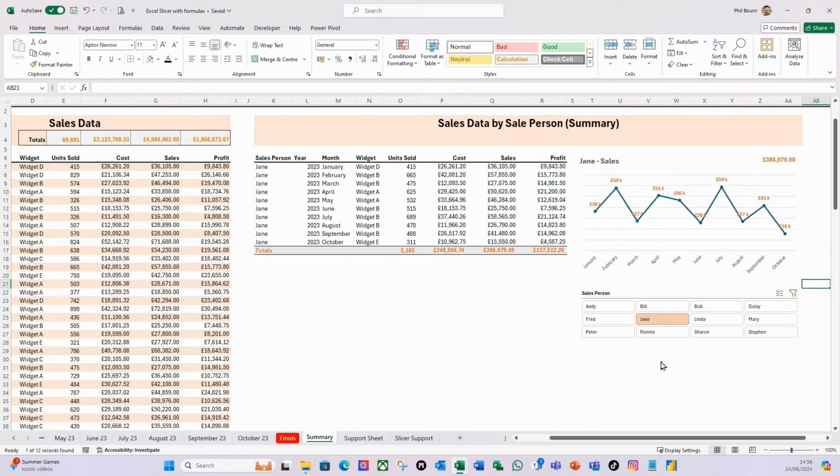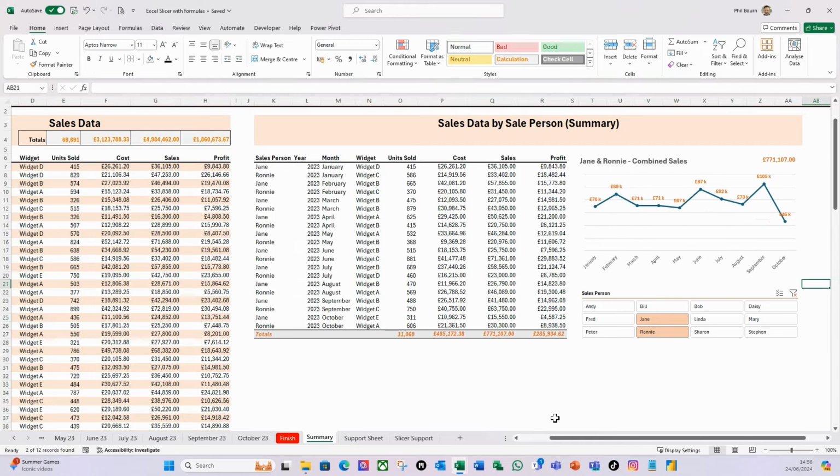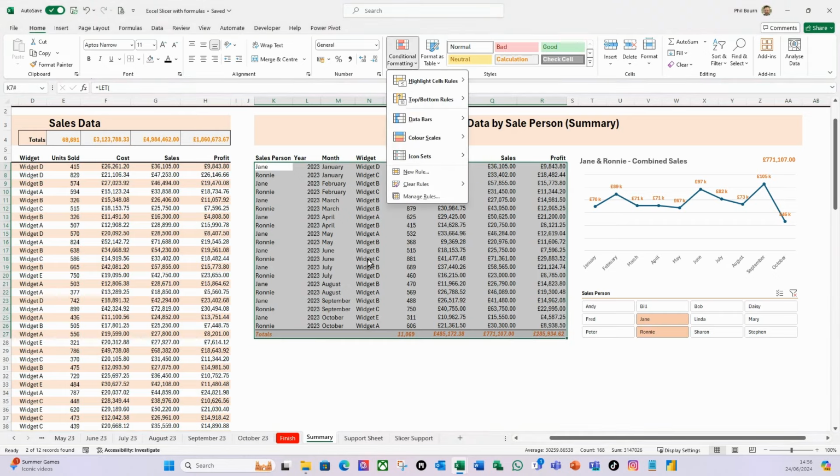Wonderful. Now, I want the shading on this in the same way I've got the shading over here. So let's put some shading on this table, on this summarized data. So I'm going to select this range, conditional on the home ribbon, conditional formatting. I'm going to do new rule,